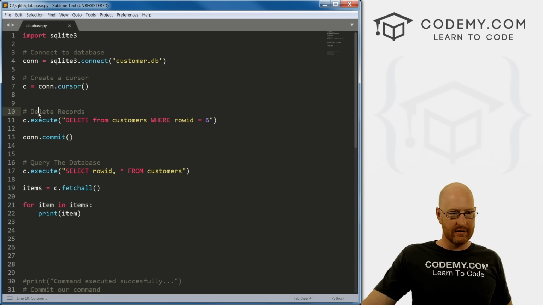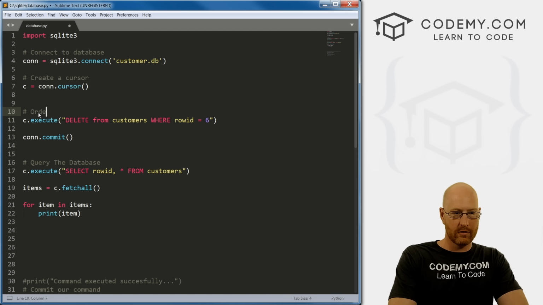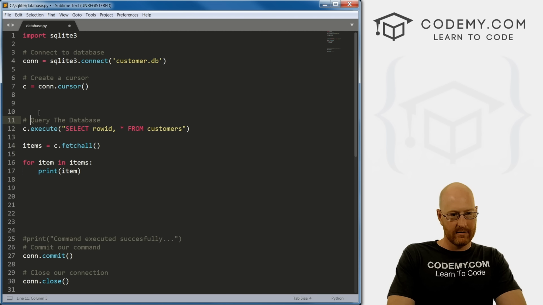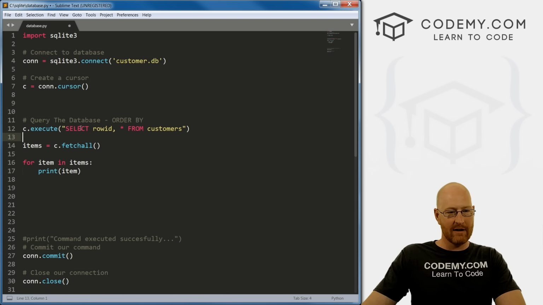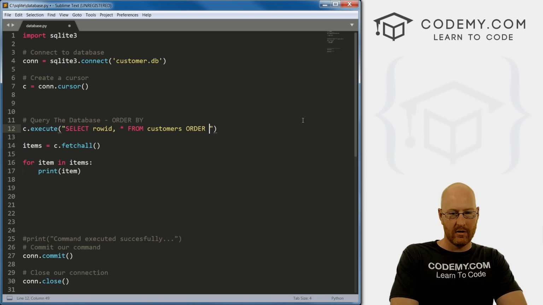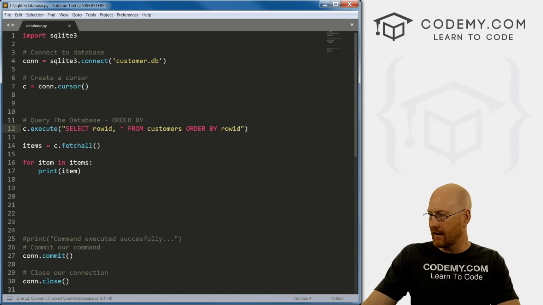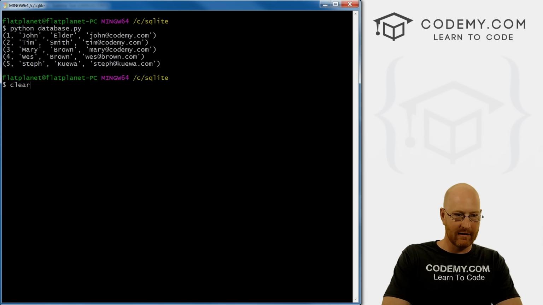So let's change this to order by. Well, in fact, we can get rid of all of this. Instead of query the database, let's go order by. All right, so same sort of thing, right? We want to select row ID and everything from customers, and we just go order by, and then let's go row ID, right? So if we save this and run it, we're not really going to see anything different here,